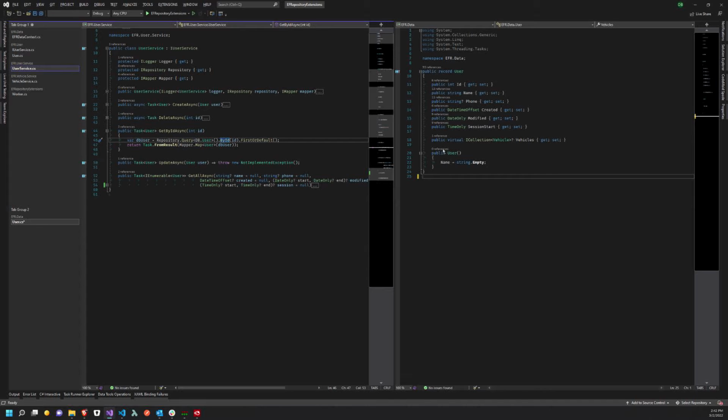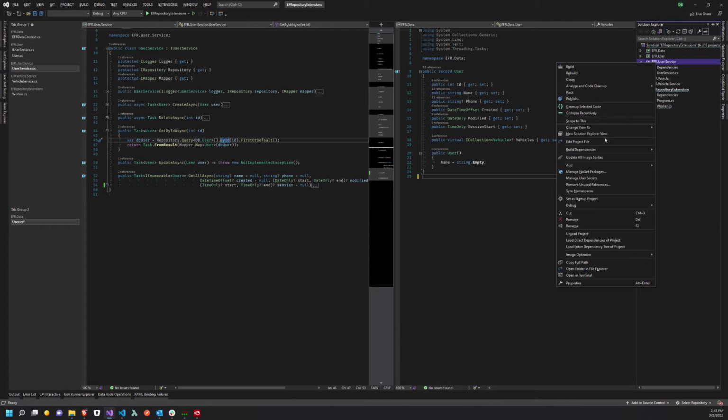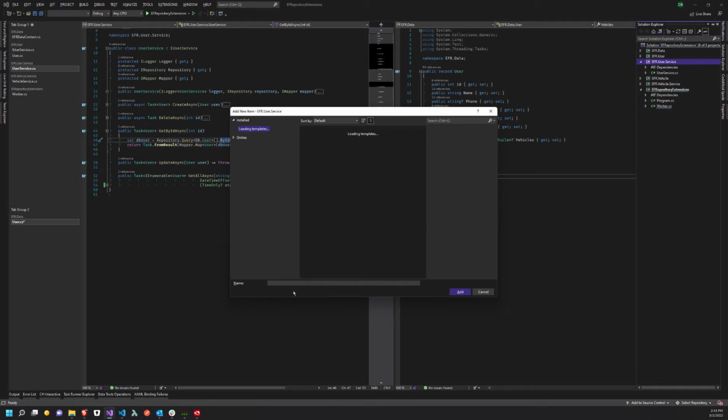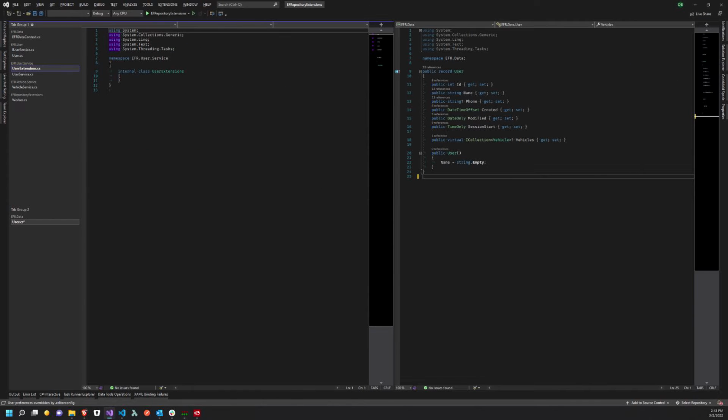So in the old days, before we had this new system, what we would need to do is come in here to our user service, or even into here sometimes, and say, all right, I need to have a new class that's going to let me do some filtering. So I'm going to add a new class. I'm going to call it UserExtensions, and I'm going to make it a public static class. I'm going to use that to return an IQueryable of,